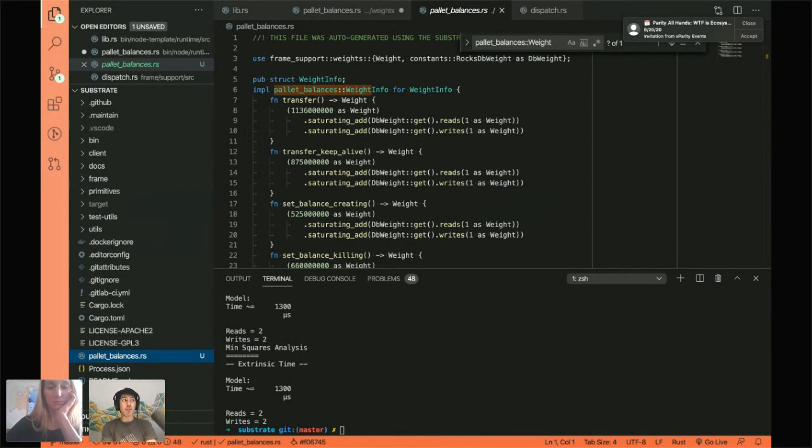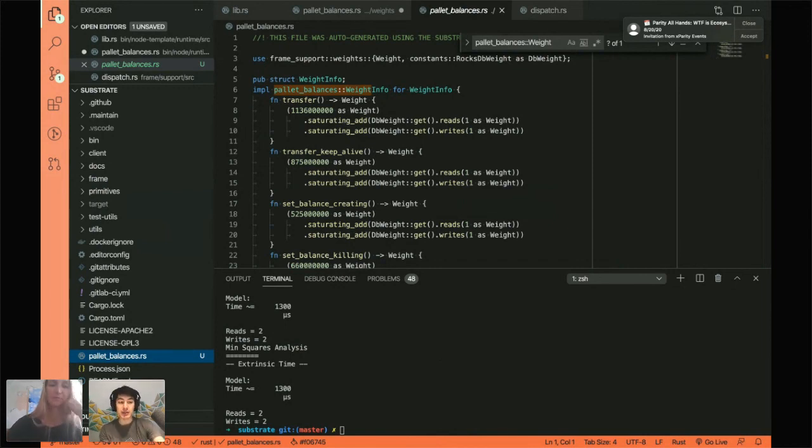I think my main focus right now is just to basically get the benchmarks into this final pipeline. Using this weight info trait is something that's actually quite new. It's something that we got feedback from users that, hey, you were telling us what the weights are, but we're configuring our runtime differently, and these weights don't apply to us. So we redesigned it like this, and I want to push everything out there for version 2.0. And of course, once version 2.0 comes out, it's stabilized, and then it's much easier to talk about all these things once they're stabilized.